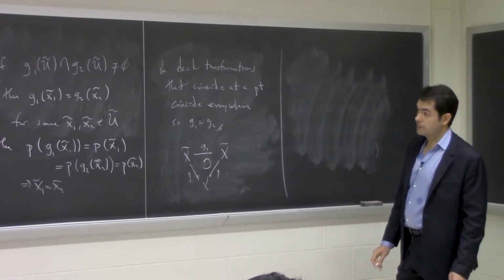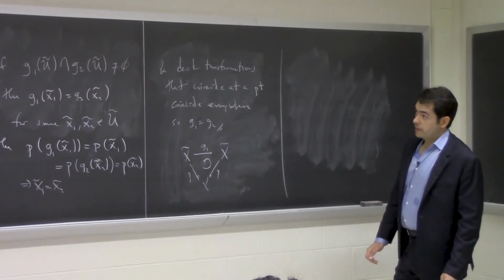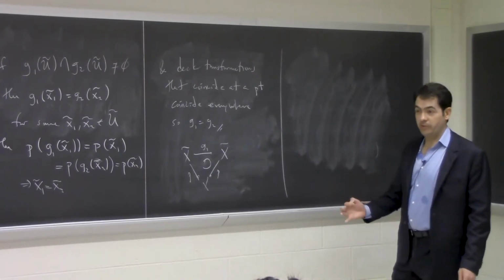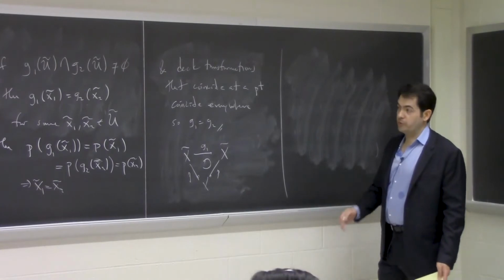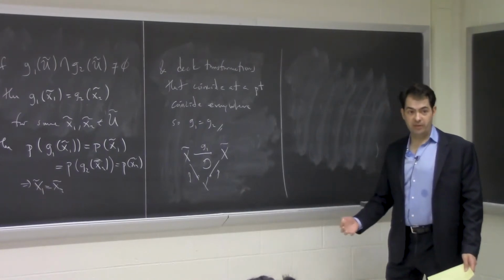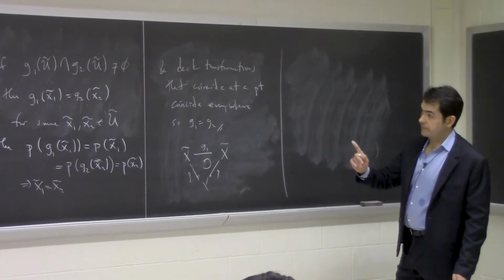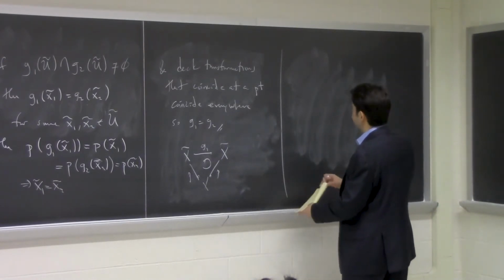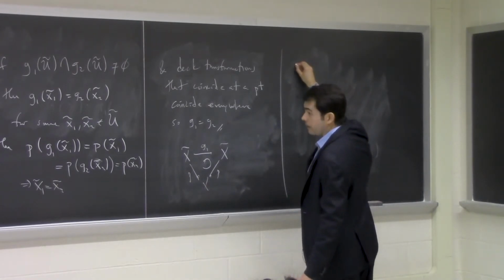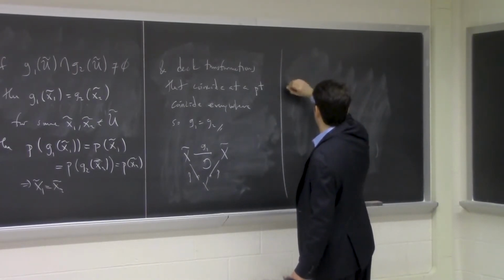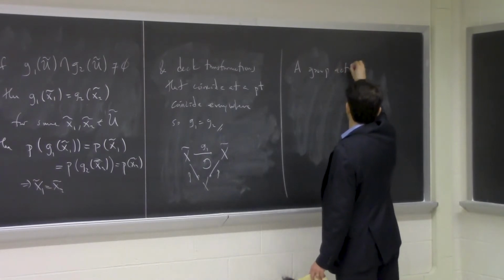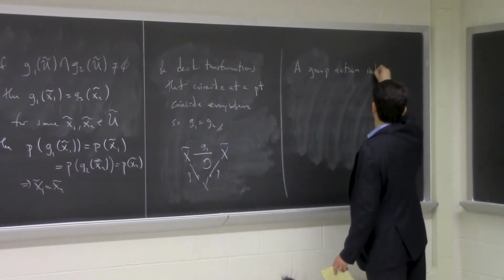Okay, so deck transformations are examples of groups that act with a covering space action. Now we'll start with a group that acts with a covering space action and construct the covering space. We talked about the orbits there. I want to say that being in the same orbit gives you an equivalence relation. So a group action induces an equivalence relation